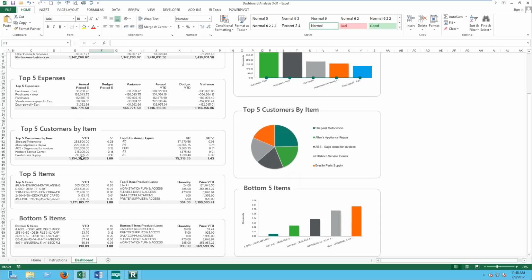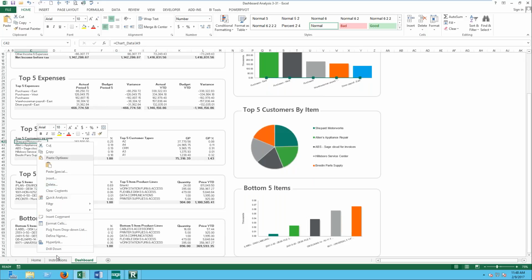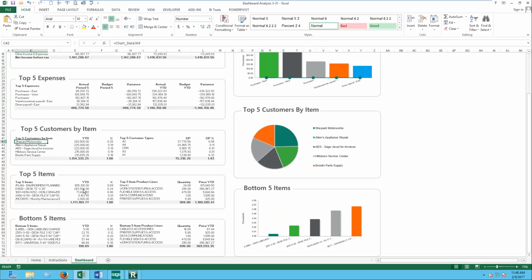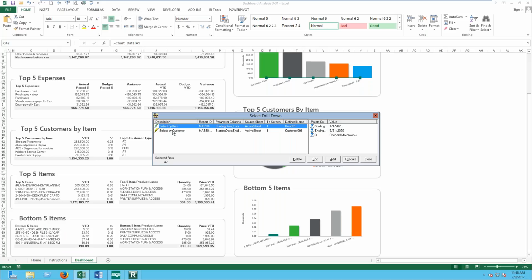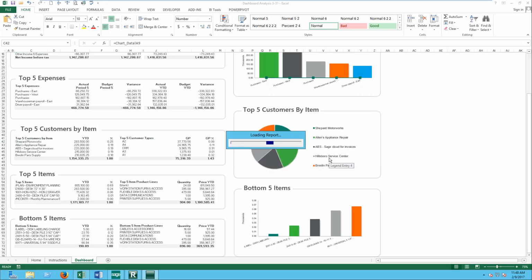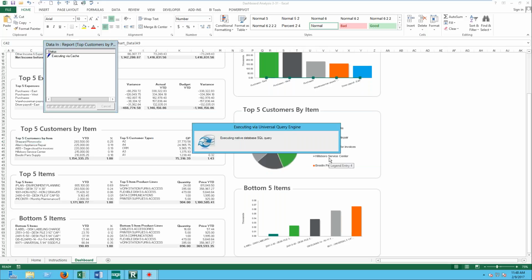And then it's basically a top 5 type report where it's reporting on the top 5 KPI type indicators. If we were to go down to, say, a customer and highlight Shepherd Motorworks, and we right-clicked and said we wanted to see what made up their numbers, I could do a drill down on that customer. I need to make sure I pick the by customer option because I'm doing it by customer, and it's telling me who I've got highlighted in the report. And I'm going to hit execute here, and we're going to see what it is Shepherd Motorworks purchased that added up to that